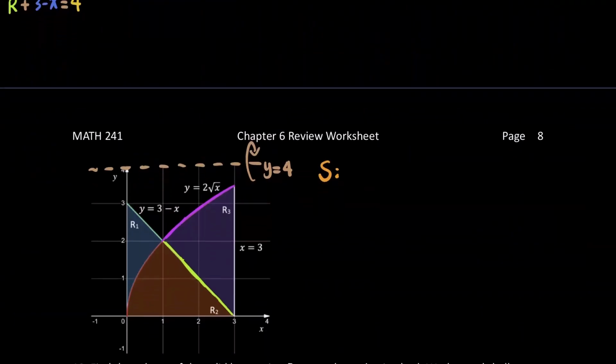Okay, since the axis of rotation is parallel to the x-axis for shell method, we're doing it in terms of y. And we need to break this into 2 pieces, right? Bottom part,